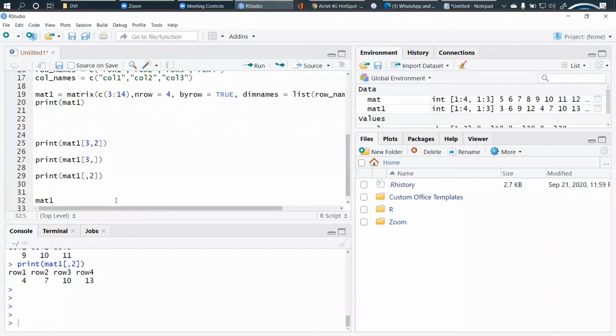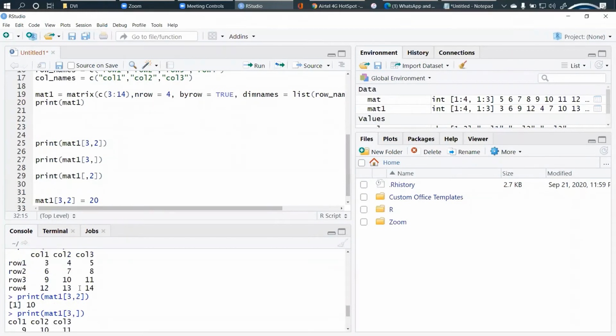First mat1, then which element I want, 3, 2, and assign the new value, right? So 3, 2 here is 10. So here 10 will be replaced by 20.